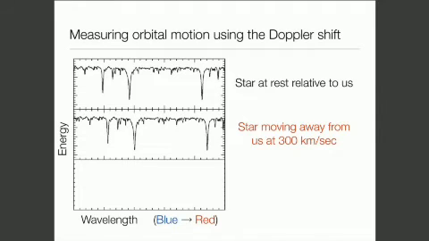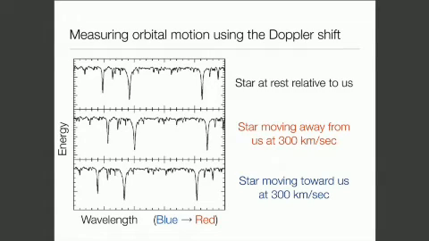They're stretched out to longer, redder wavelengths. That's a redshift of the light, and we can use that to directly measure the speed that that star is moving away from us. Similarly, if we have another star that's moving towards us, the wavelengths of light that we see from the star moving towards us get compressed. They get squeezed to shorter wavelengths. And so we see basically the same pattern of spectral lines again, but the wavelengths are shifted toward the blue